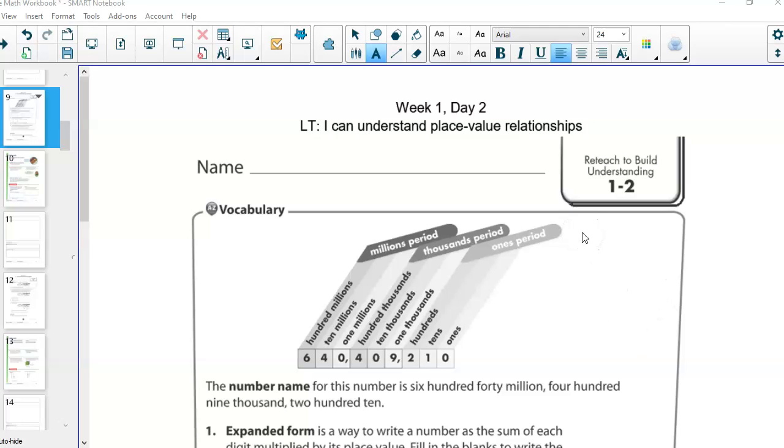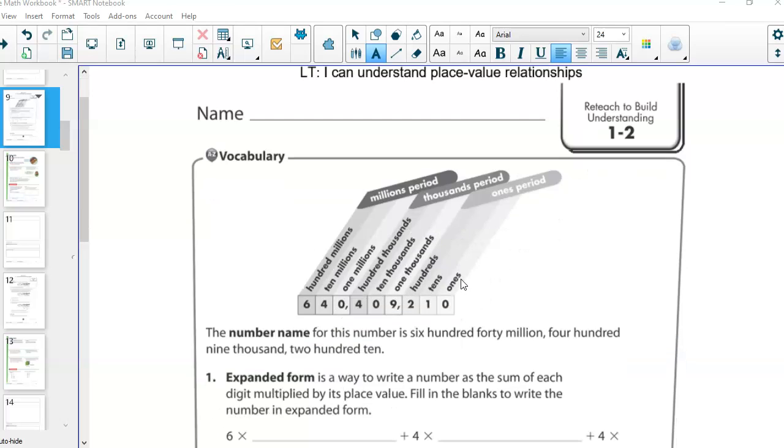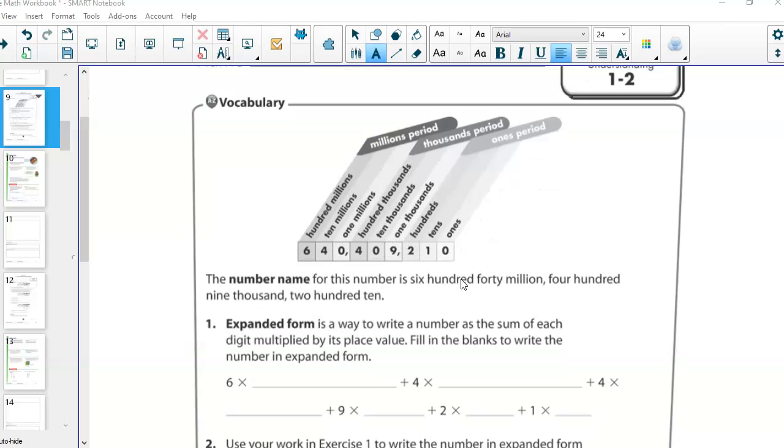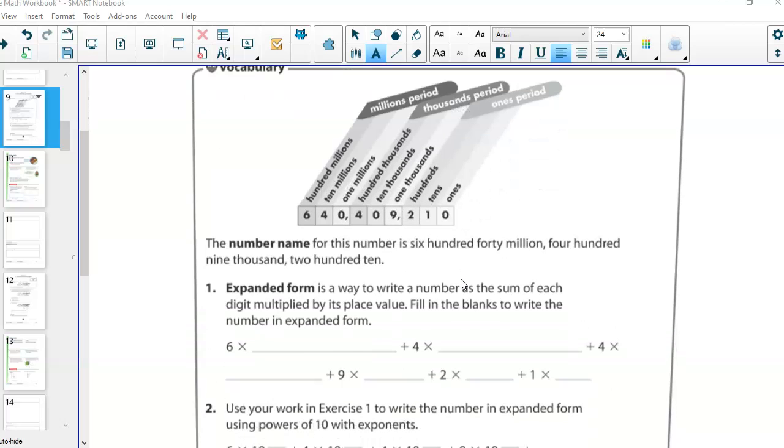We are focusing on page 9 in your packet right now. So if you're not already on page 9, please make sure that you get to page 9. And we're going to go through this first page and do some examples together. So in this top portion that's labeled vocabulary, you'll see that there is a place value chart with a digit in each of the different place values. So how we read this number is